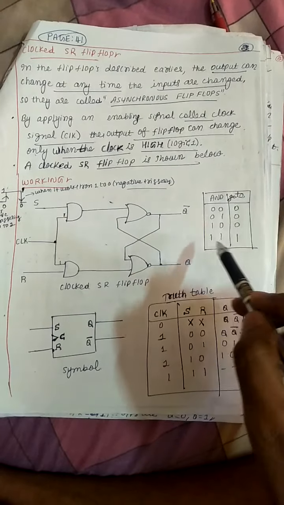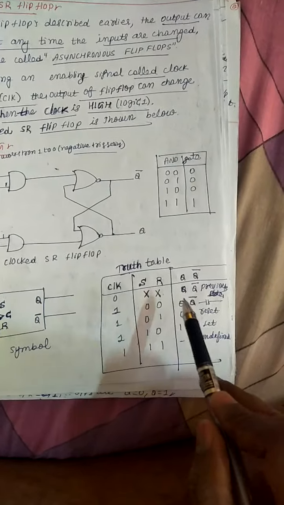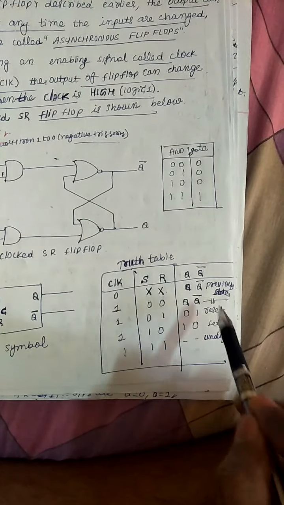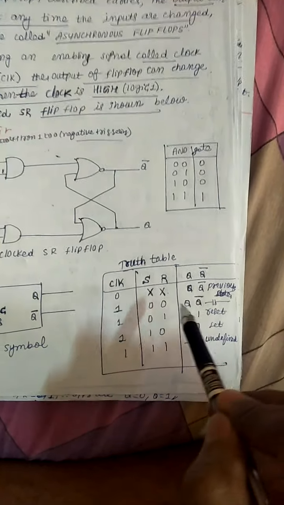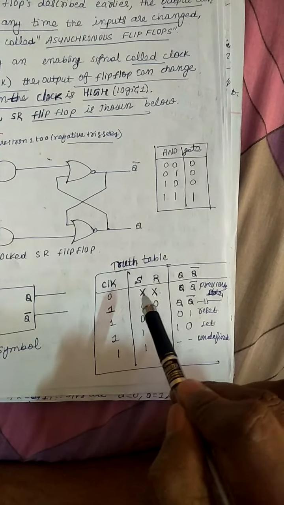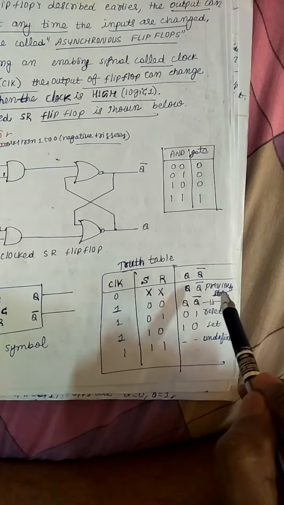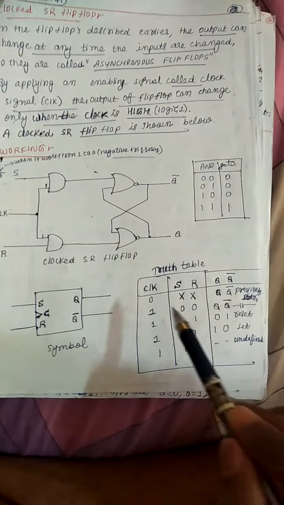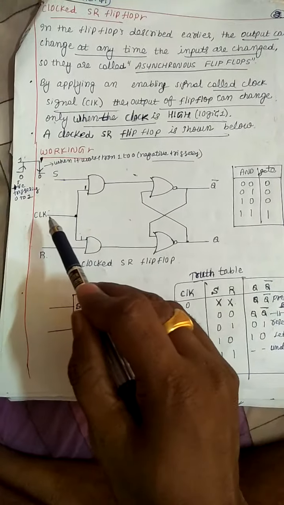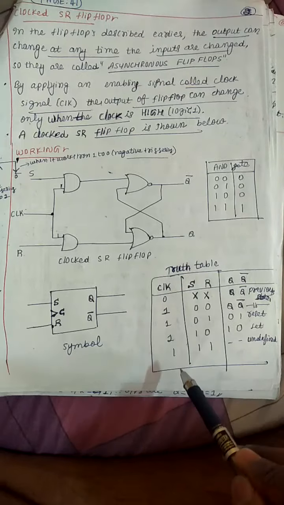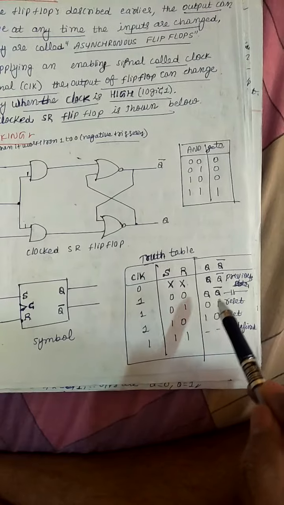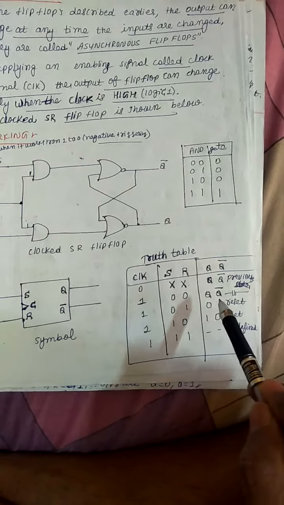This is the truth table of the AND gate. This is the truth table of the SR flip-flop. These conditions we already studied in the previous lecture. So here, irrespective of the input, if the clock is 0, then the output will be the previous state output, right? Even if you vary the input, the output won't change. You have to enable the clock, means you have to give logic high for the clock. Then you check for the output conditions. The output conditions remain the same as what you studied for the previous case.